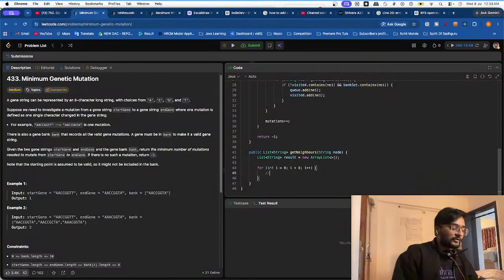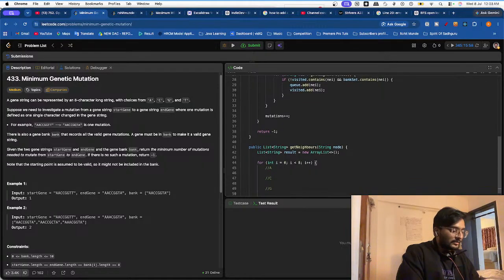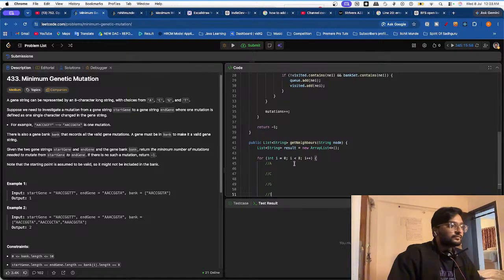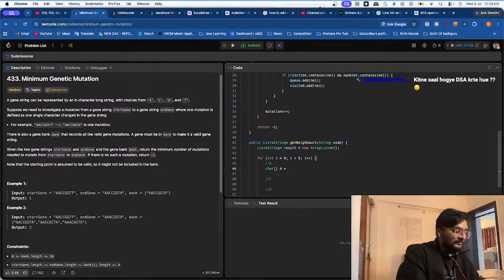I will have four functions over four of these. So A first will be A, second will be AC, then third will be G, and fourth will be T. Okay, and every time I'll have a char array created. So the char array, I'll just name it capital A, is equal to